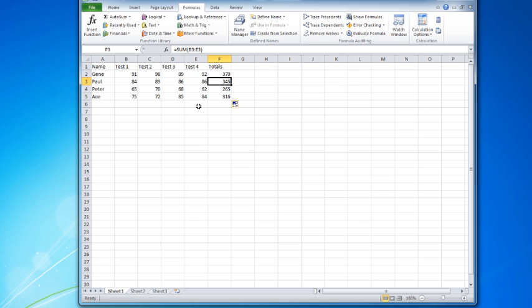So 370, that's great. That's a good number. But that doesn't tell me what his grade is. So we need to figure out what his grade is. What we can do here is start our equals, and we can just take this number, F2, and we can use our multiply sign, which is going to be the shift 8 or the asterisk. You use the asterisk to multiply,